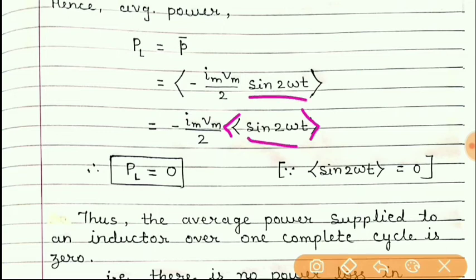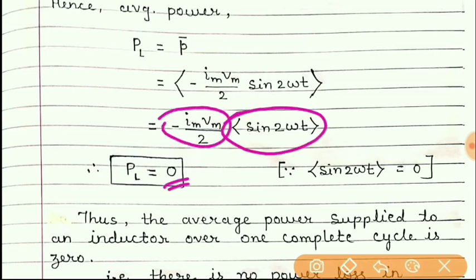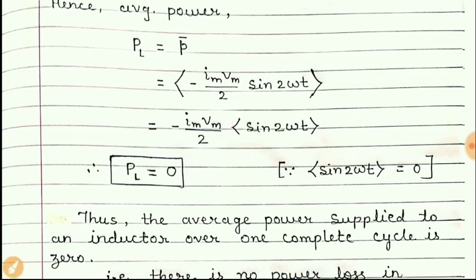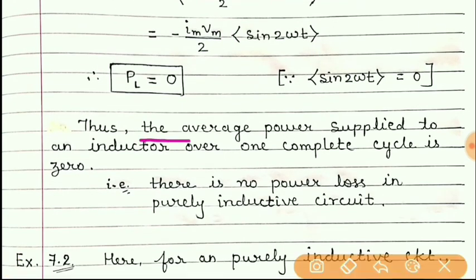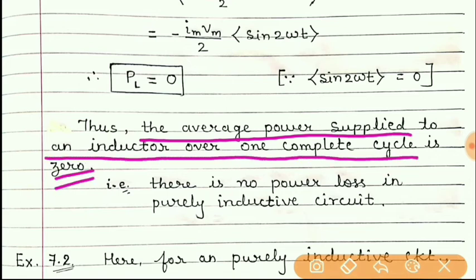But as I said earlier, if it is a normal sine omega t or cos omega t or sine 2 omega t or 3 omega t or 4 omega t, then its average over one period of the cycle will be 0. No need to show the method for this. Simply you have to remember. So students, if this term is 0, then 0 into anything will be 0. So it is clear that the average power supplied to an inductor over one complete cycle is 0.